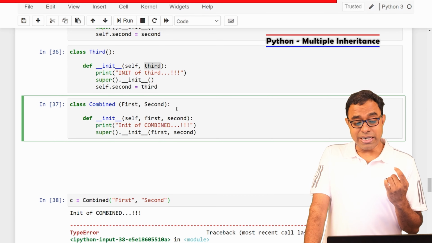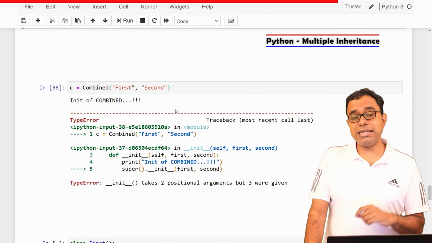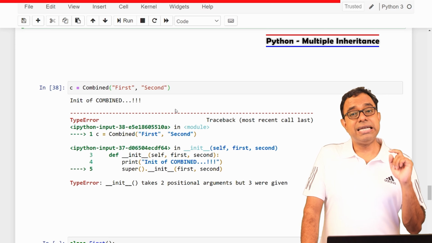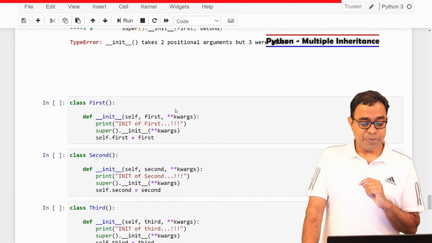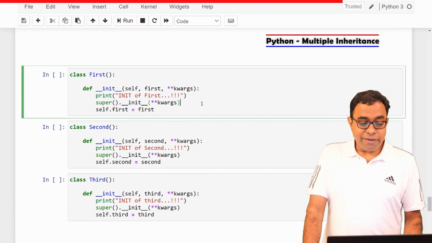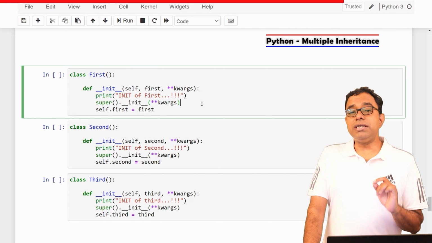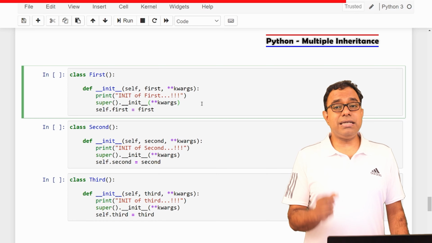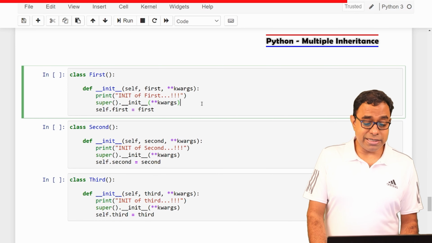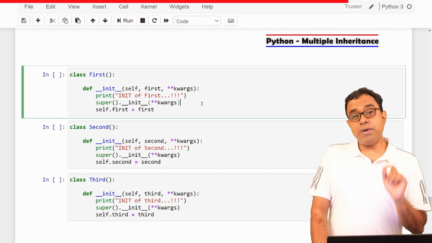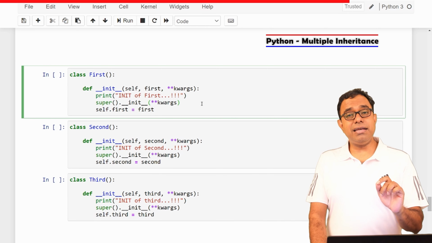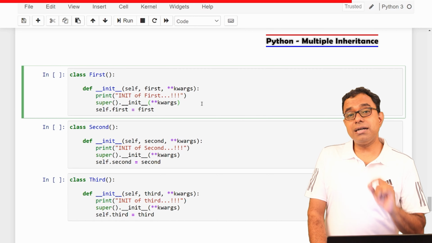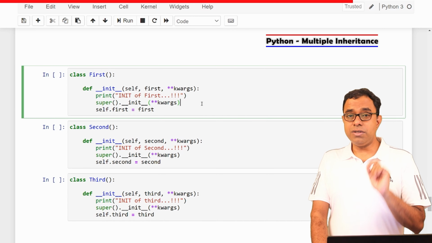This cannot happen automatically. But there is a way around this, and most of the Python code which is using multiple inheritance and passing parameters uses this way. Okay. So the way which I am trying to tell you is using keyword arguments. So the way which we will be using to overcome this is kwargs or keyword arguments. If you are not aware of args and kwargs in Python, I will highly recommend you to see this video, this card video. I have explained what args and kwargs are in Python and how you can make use of them.